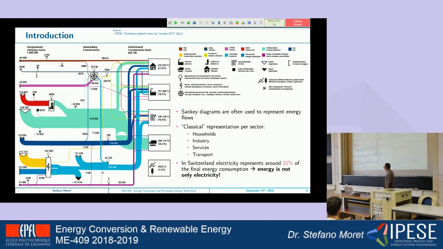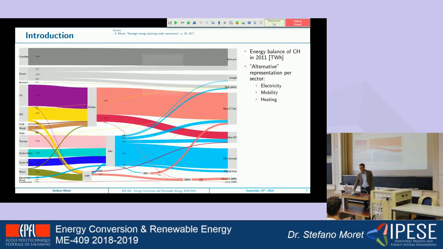And you see that especially for transport, the system is still mostly fuel-based. This is even more evident if you look at another representation of an energy system. This is a diagram that you will get very familiar with in the course, because when you run your model for your project, you will see an output like this. We can also represent the energy consumption of a country, divided into electricity, heat, and mobility. And this is Switzerland in 2011. You see that electricity is around 25% and is mostly produced in Switzerland today by nuclear and hydro.